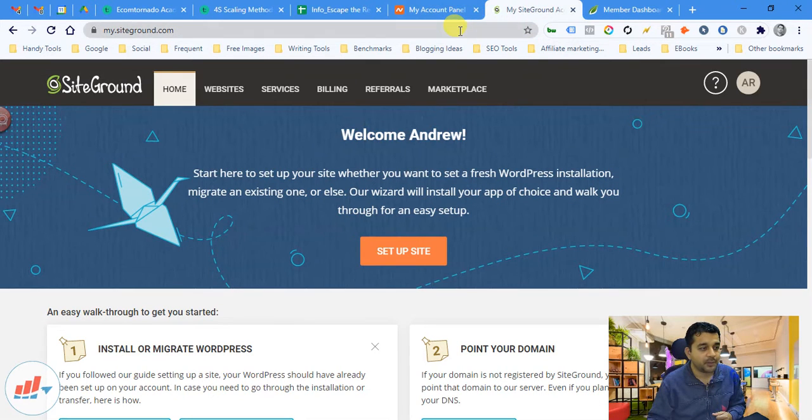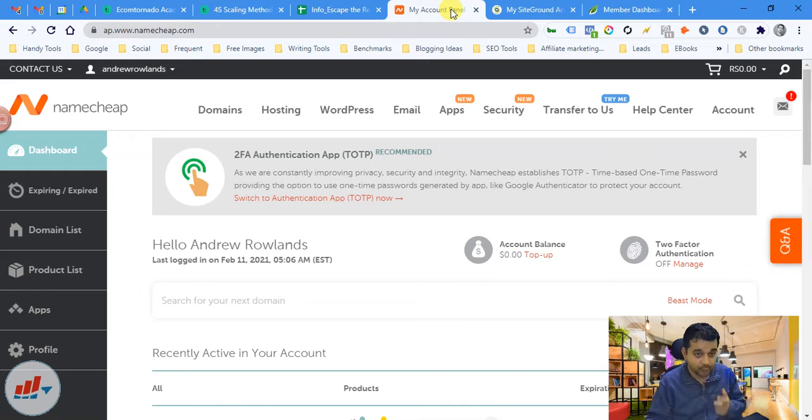And for the hosting, we have purchased SiteGround hosting, because I personally prefer SiteGround and Hostinger. They are both very fast web hostings. They make your website very light to load, and these days in order to rank quickly in Google searches, your website needs to be light and it should load up fast. So let's try to understand how we will get started.